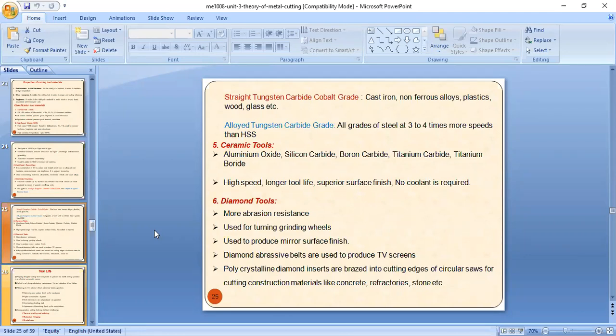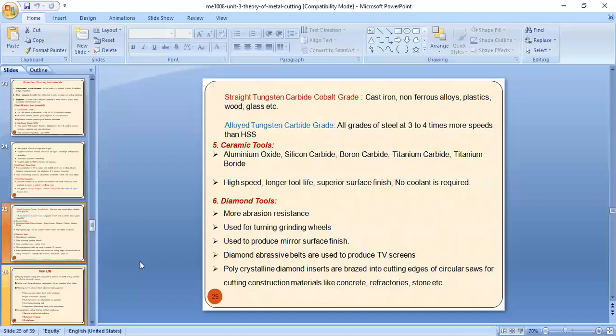Here you might have seen the different diamond tools, polycrystalline, PCB and everything. And this is the classification of the tools, and the properties of tools are also there. And we'll discuss tool wear also, the types of tool wear, flank wear, crater wear and everything, and machinability. But before that, the heart of these fundamentals of machining is the single point cutting tool and Merchant's model theory, Merchant's theory.